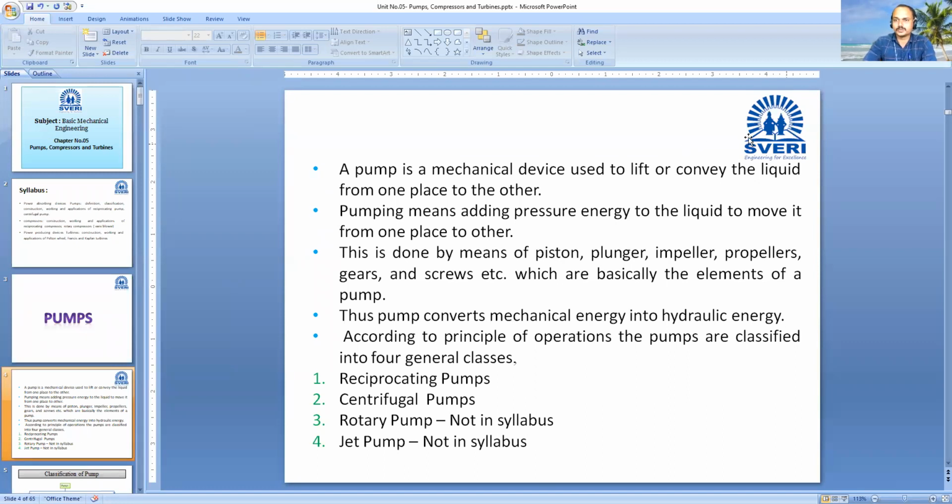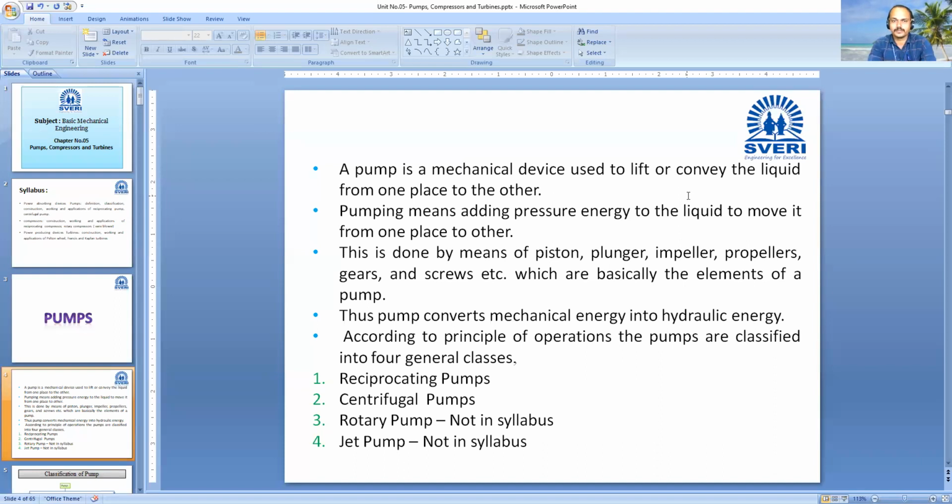Okay. Now, see here, pump. Pump is a mechanical device. What is meant by pump? A pump is a mechanical device used to lift or convey liquid from one place to another. Okay. What is the meaning? The pump is a device which is used to lift water from a lower level to a higher